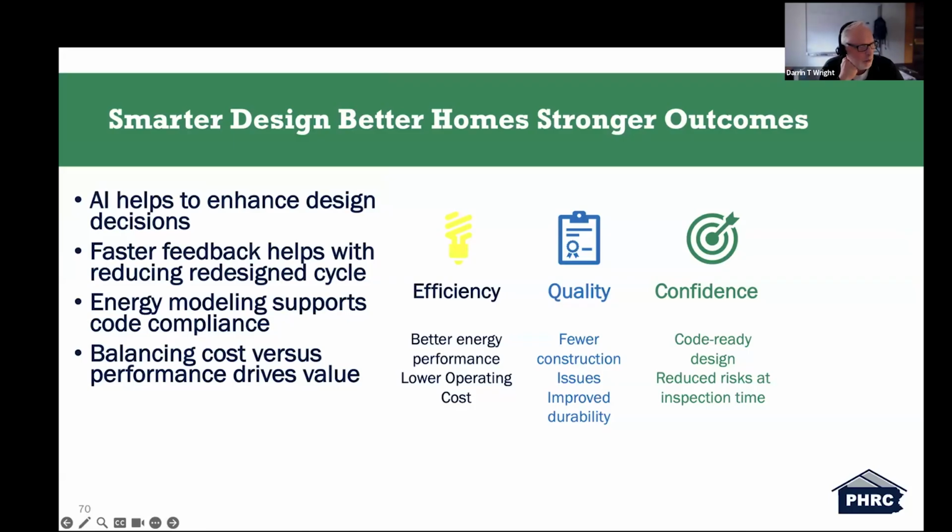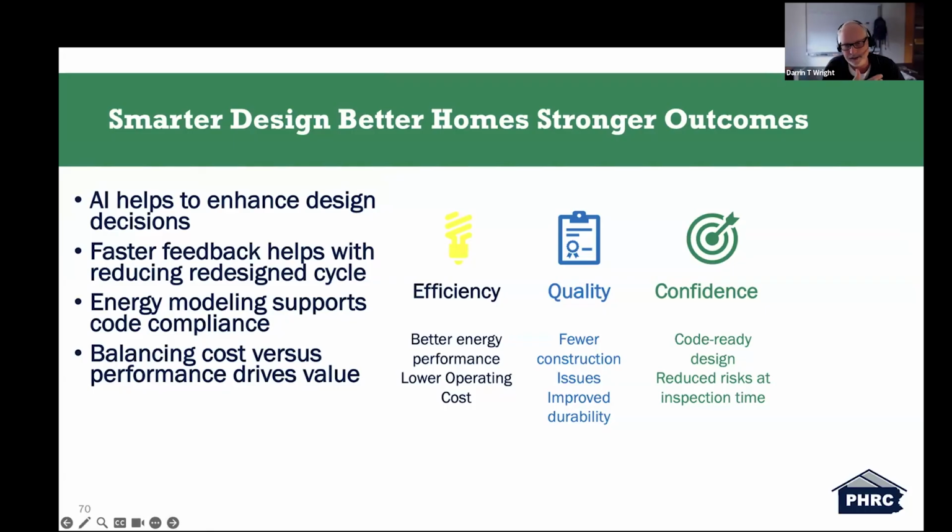Smarter design, better homes, stronger outcomes. AI helps to enhance design decisions. Faster feedback helps reduce redesign cycles. Energy modeling, support for code compliance, and balancing cost versus performance drive your value. Especially in the design feedback loop, we all learned about this in high school.